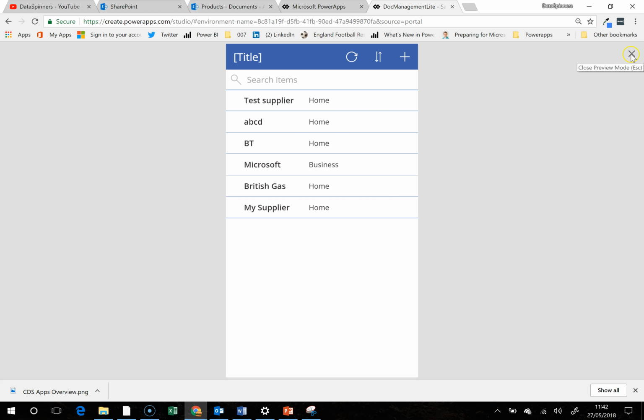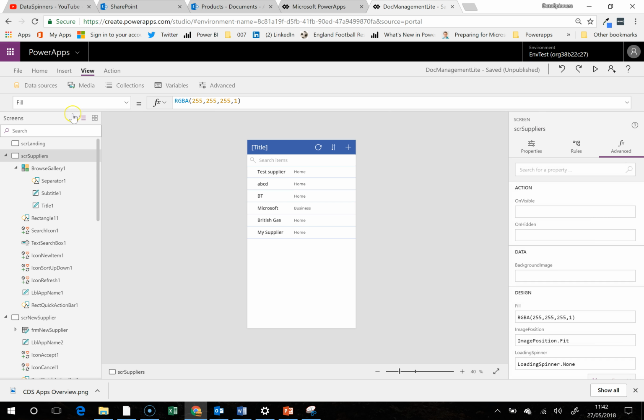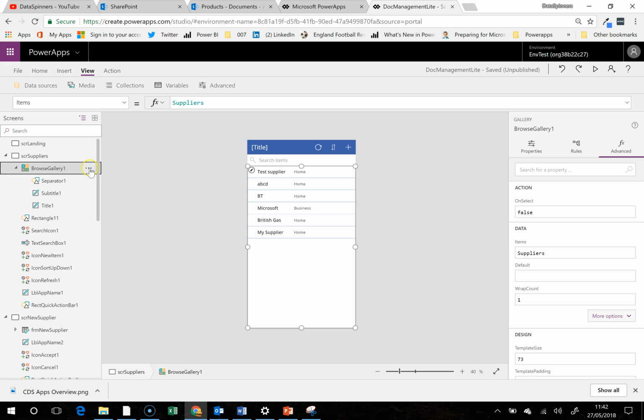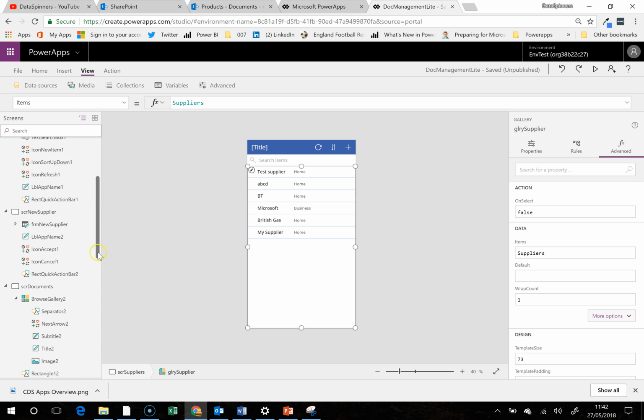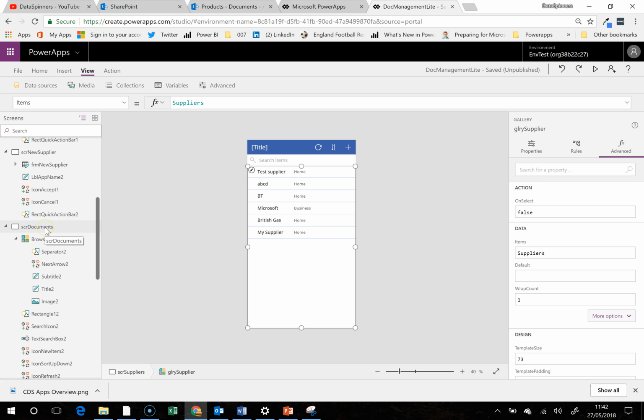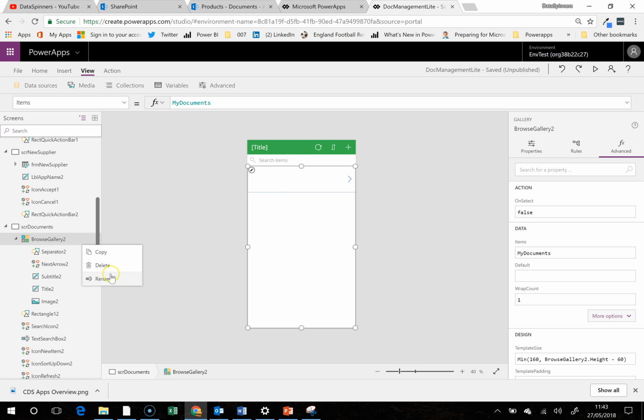So I have successfully connected those up. I don't have the ability to delete them at the moment, but I'm not too fussed. I also know this is browse gallery 1. These names aren't really that helpful. So I'm going to do GLRY, and I'm going to call this supplier. Good. And let's perform new supplier. It's going to move down to the documents, onto the document screen,